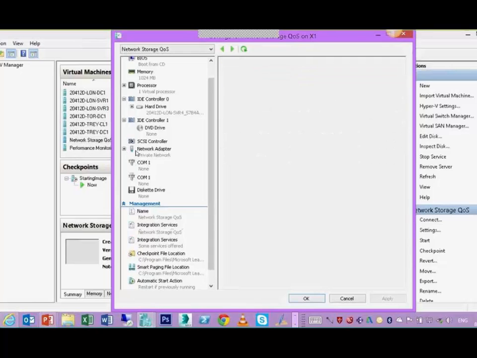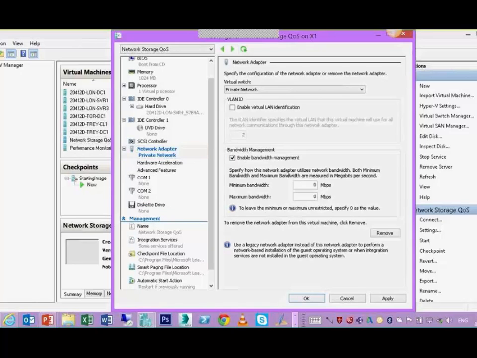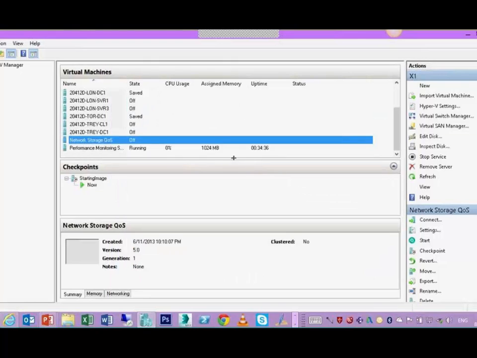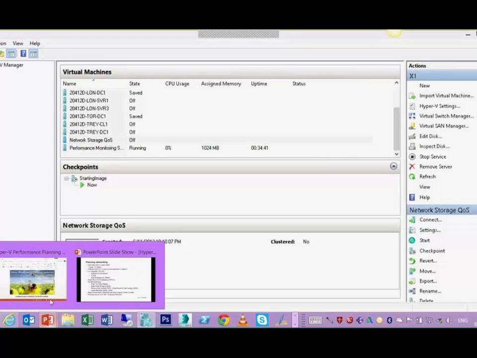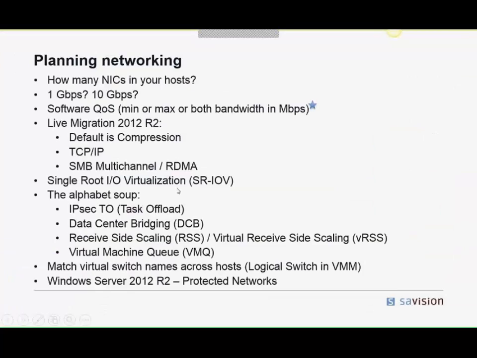So here's where I can set up the bandwidth for this particular virtual machine, right? How much maximum, how much minimum it can use. Or if you were doing this on a host, you have to use PowerShell to set that up for the host and carve up the 10 gigabit or 20 gigabit if you team two NICs together for all the different